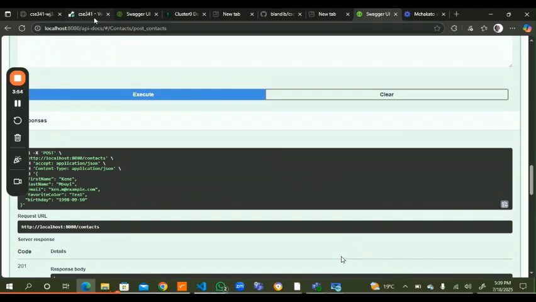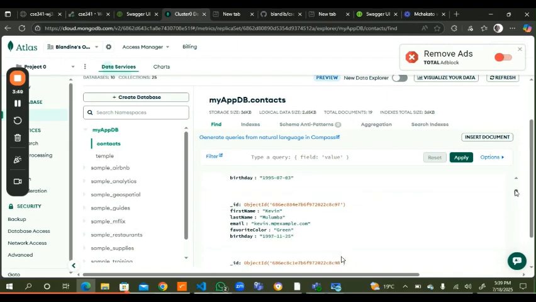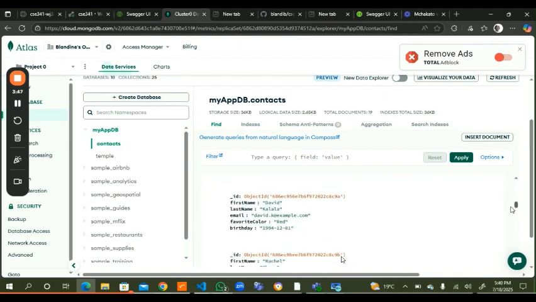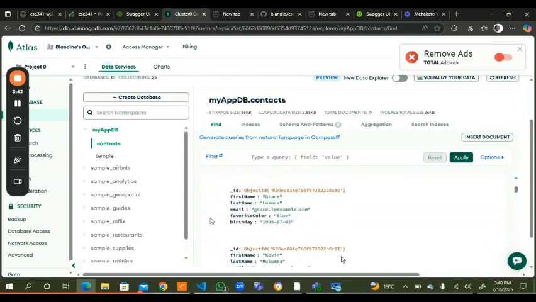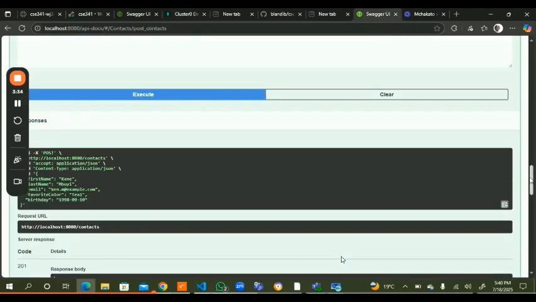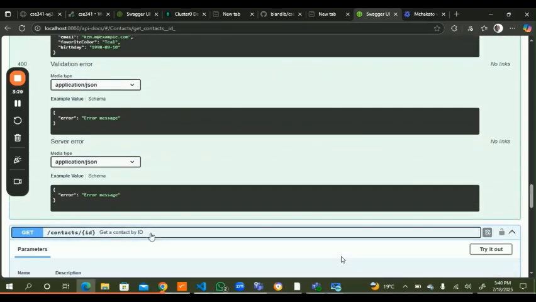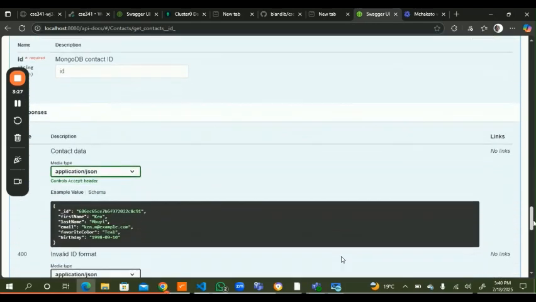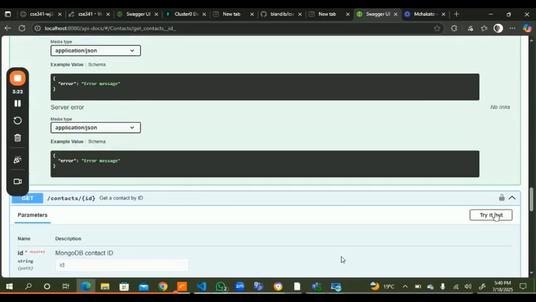But to go further, I'll come just here in my MongoDB to show you my data. As you can see, my database is seeded here. And then, when I finish, I'll come here to show you how the name that I'm putting in my API is automatically updating also here in my database server. So, I come here, I'll go next to GET, my second GET, and then I'll click on Try it out,